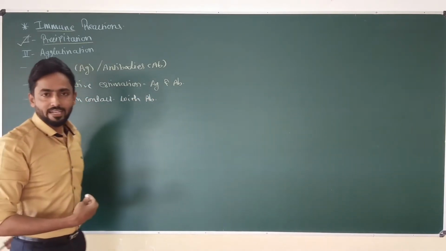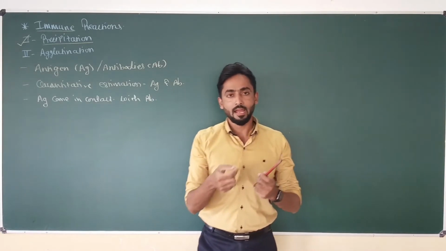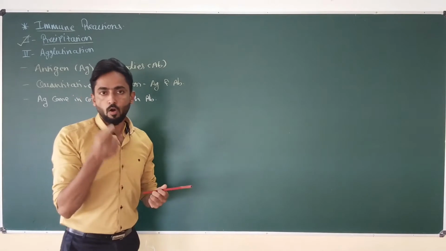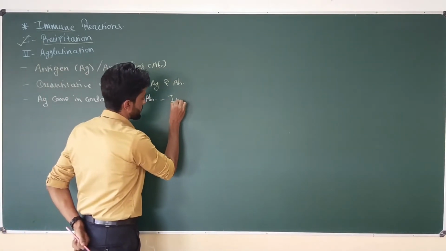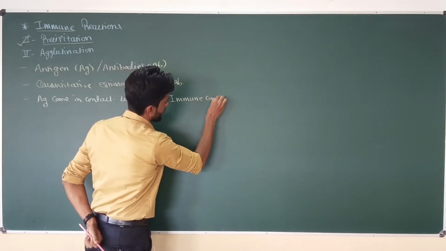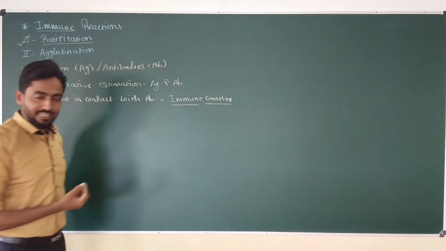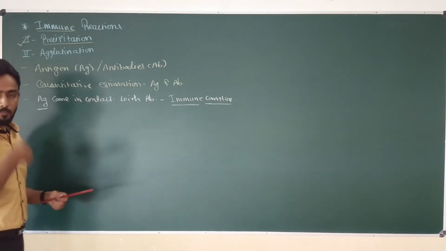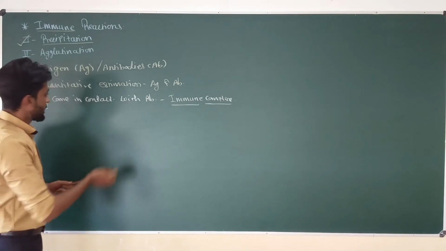Now we know that when any antigen comes in contact with a specific antibody, a non-covalent interaction develops between these two molecules, and after binding of the antibody with the antigen, a small complex is produced, and such a complex is called an immune complex. So these immune complexes are nothing but antigen-antibody complexes. Antigen is a foreign substance that enters the body, which may be bacteria, virus, or proteins, while these antibodies